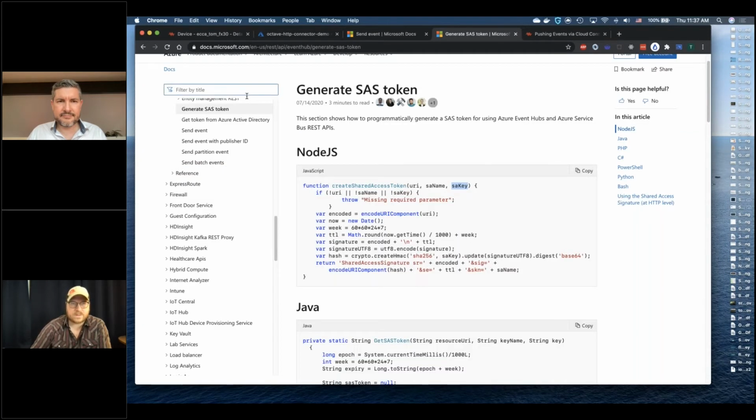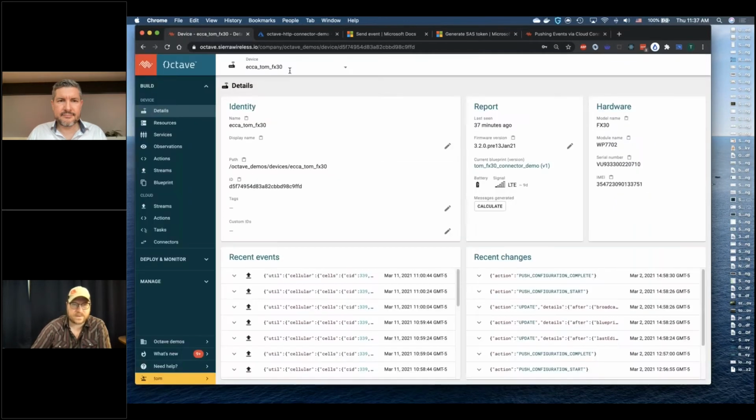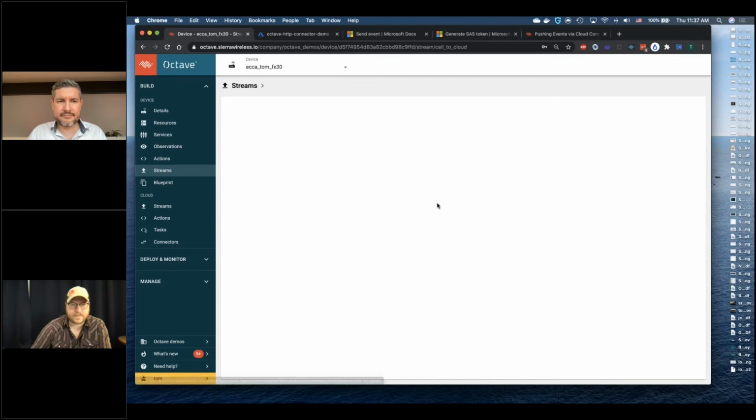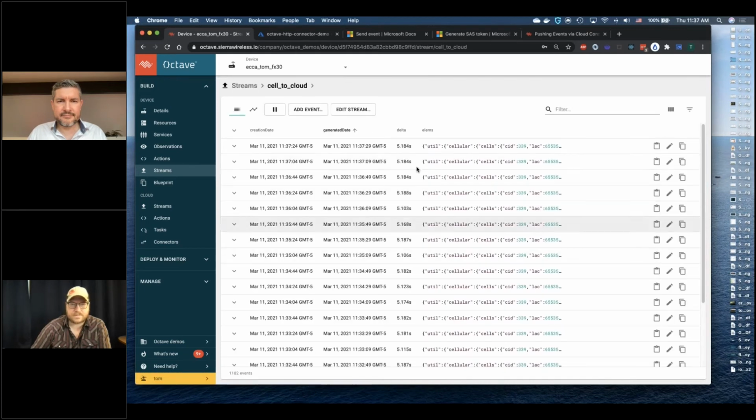And now we're going to connect our device. So what device are we going to use? I've got this FX30 here. Ian showed you how to make observations. I've got a real simple observation that just sends cellular data to a cloud stream. So I've got a cloud stream here, and it's got data flowing in. Now I could